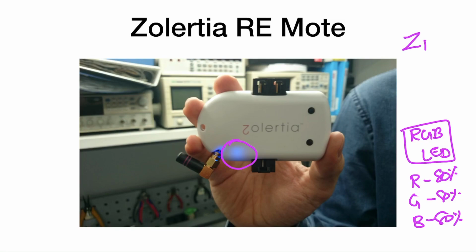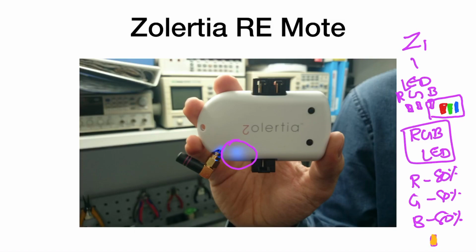Whereas Z1 doesn't have an RGB LED, it has only simple LED lights. That means there will be three LED lights: one will be R, another G, another B. So it will glow only with red color, another with green color, another with blue color. In some of my videos in Contiki OS you can see there are three LEDs like this. But here in the RGB LED, there is only one LED, and the same LED can play any color. If you want to use orange color, I can use orange color.